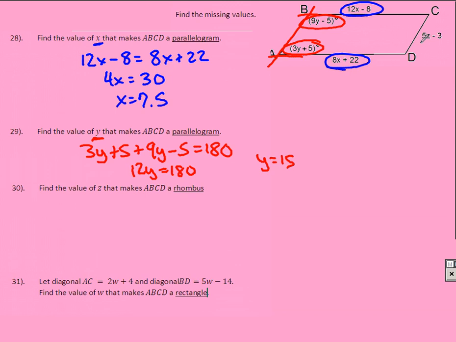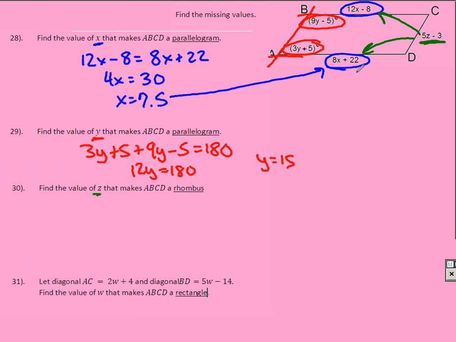Again, where is z? Z is here as a side length. To be a rhombus, all sides would have to be the same. That means it would have to be the same as one of these two sides we already know. How do we find this actual value for them? Well, all we need to do is plug back in 7.5. So when I plug back in 7.5,